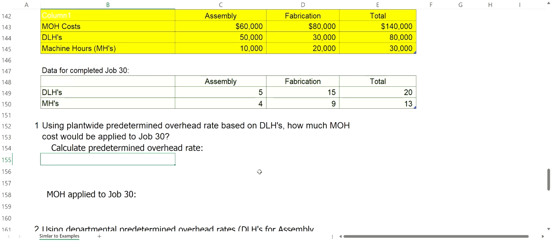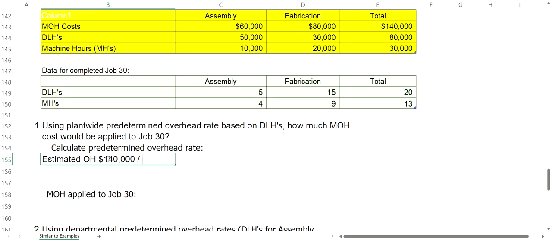That takes the estimated overhead, and the estimated overhead, if you look up above, when it's added together for assembly and fabrication together, is $140,000. So I will use the estimated overhead of $140,000,